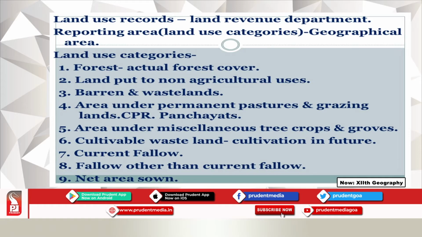Second is land put to non-agriculture area, barren and wasteland, area under permanent pastures and grazing lands, which are part of common property resources, particularly in panchayat areas, area under miscellaneous tree crops,